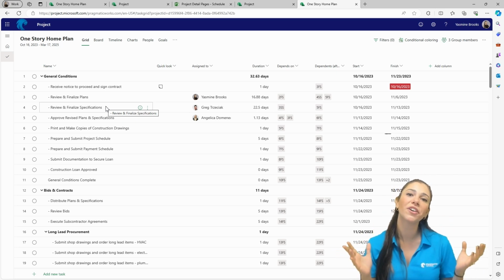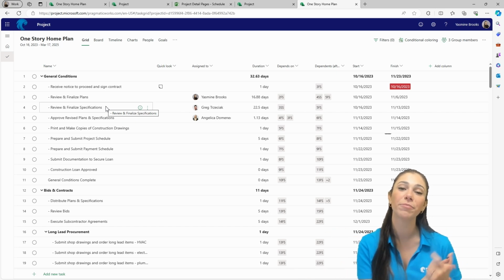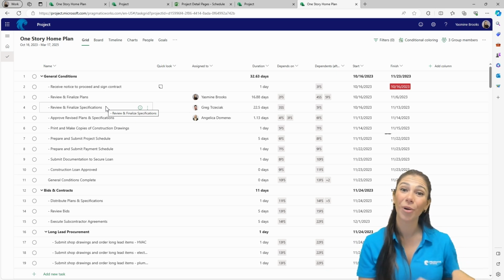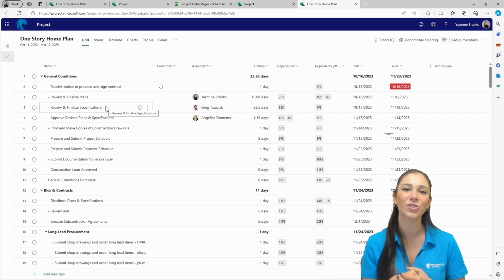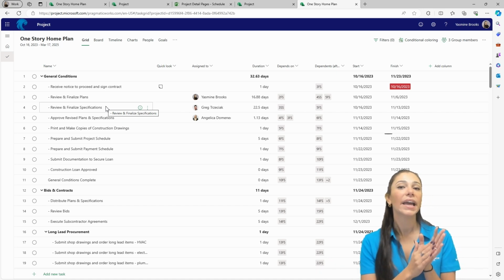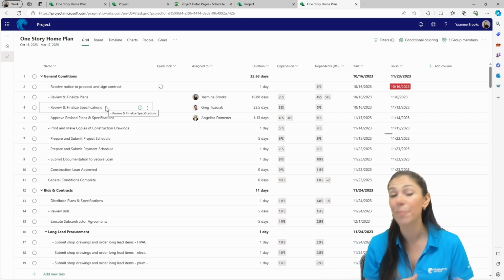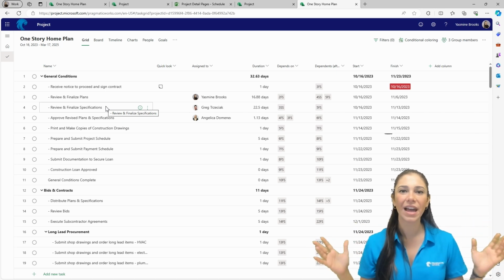So this is the new family of project tools. If you're looking for something simple, then you can definitely get started with Project for the Web. And you can access that by going to project.microsoft.com. And if you have an account, you'll be able to see if you have access to it directly from there. In later videos, we can show you how you can download the Project Desktop app and how you can get started with the tool. But I wanted to level everything up from here